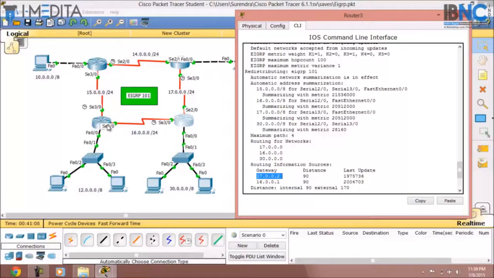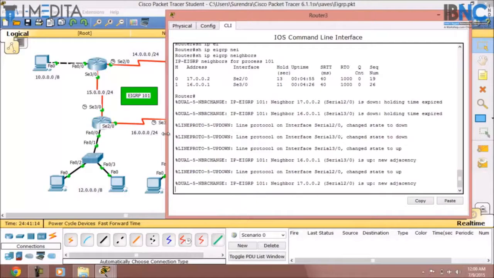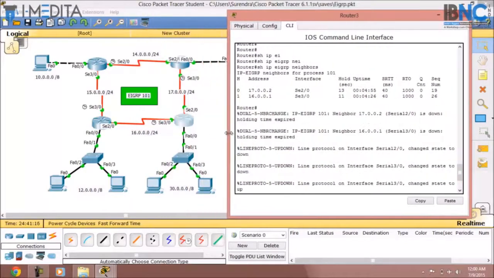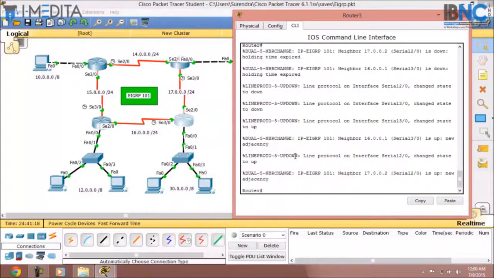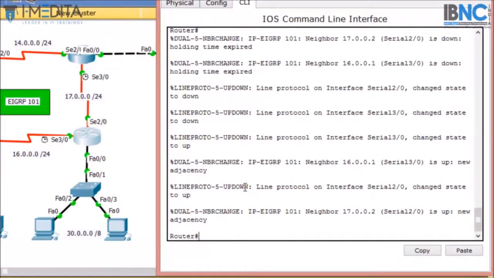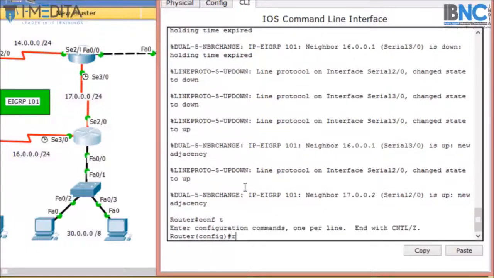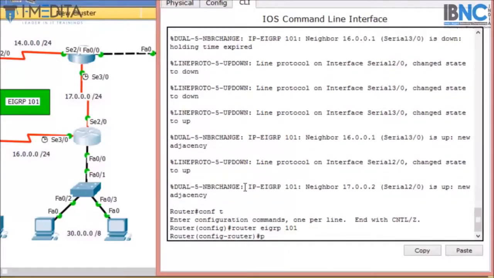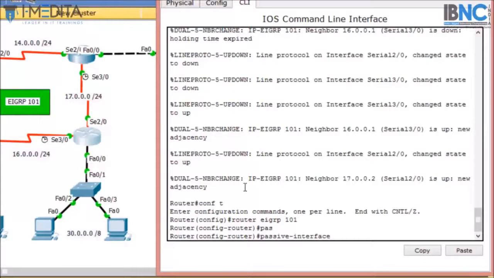EIGRP uses hello messages to make and maintain the neighborship. If we want to stop these messages from being sent, we can use the passive interface command. If we apply a passive interface, the router will not advertise its network on that interface. To configure it, we go to configuration mode, then router eigrp 101, and then write passive-interface and the interface name.